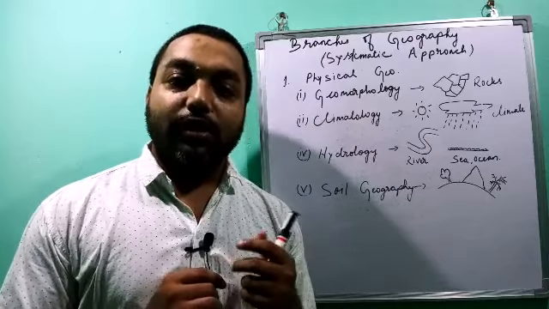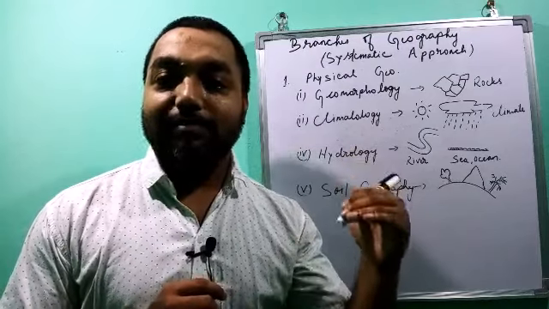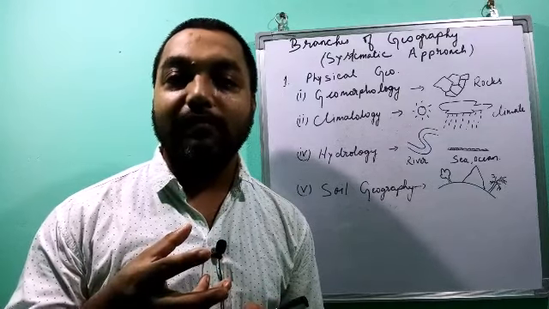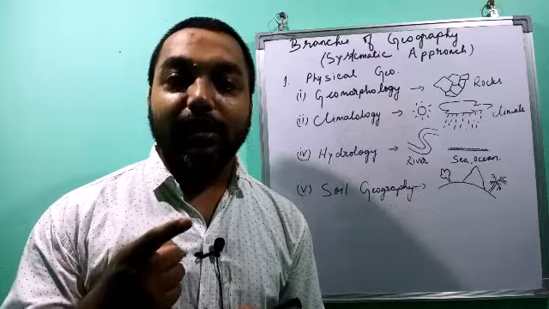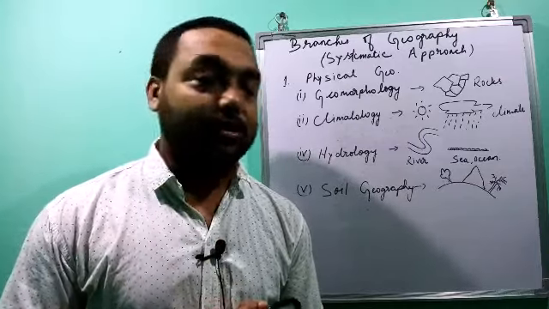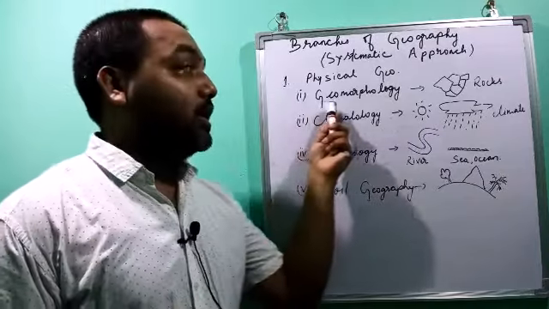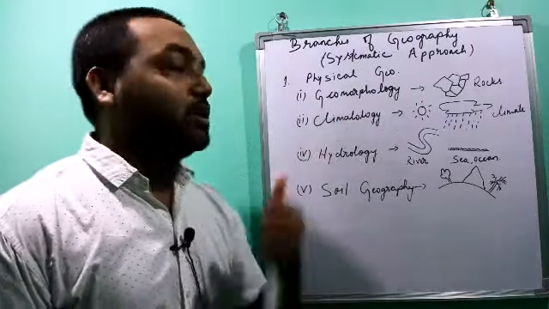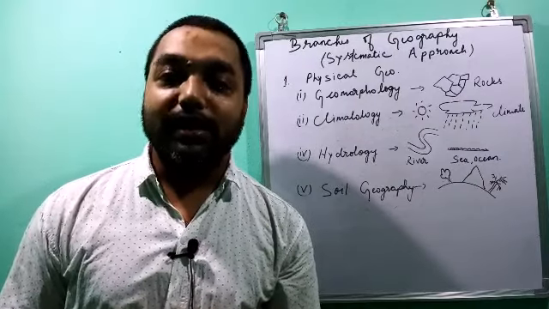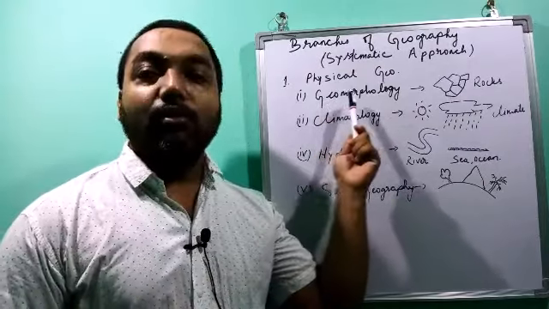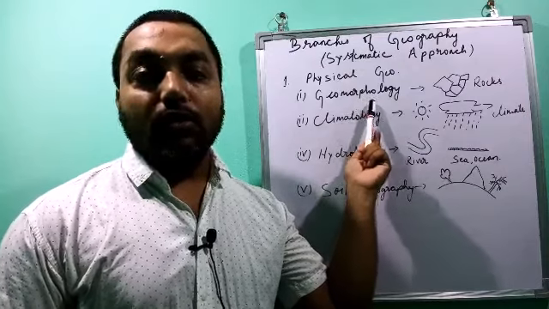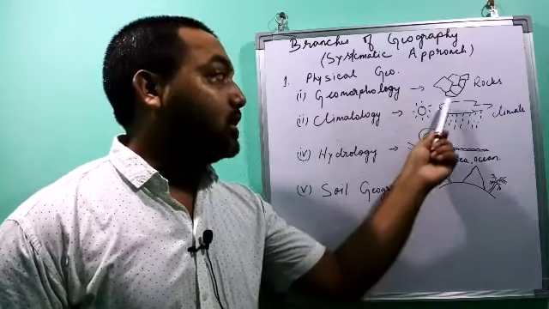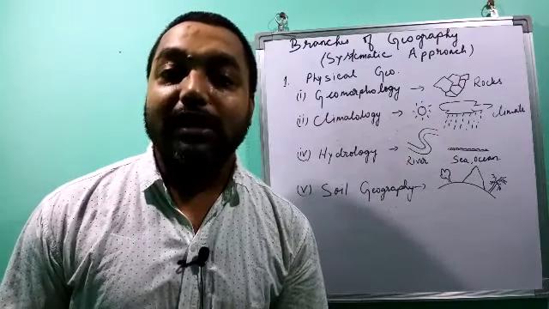physical geography. This physical geography is again subdivided into many different branches based on which part of the physical environment it studies. For the first one, it is geomorphology. This geomorphology itself indicates what it studies. Geo means earth, morpho means rock, and logy means study. So it studies the rocks that are found on the surface